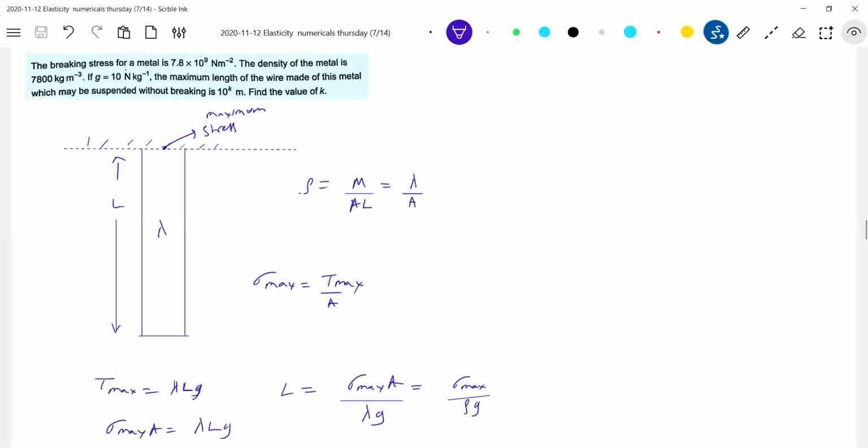If I increase the length further, if I make the length more than this, it will rupture here or fracture will occur here, and cracks will come. It may get cut at this particular point because stress is maximum here. They may ask you questions of that kind. Be careful. If the length becomes more than this permitted length, the rupture or the fracture will occur here, and it is going to get cut at this particular point.